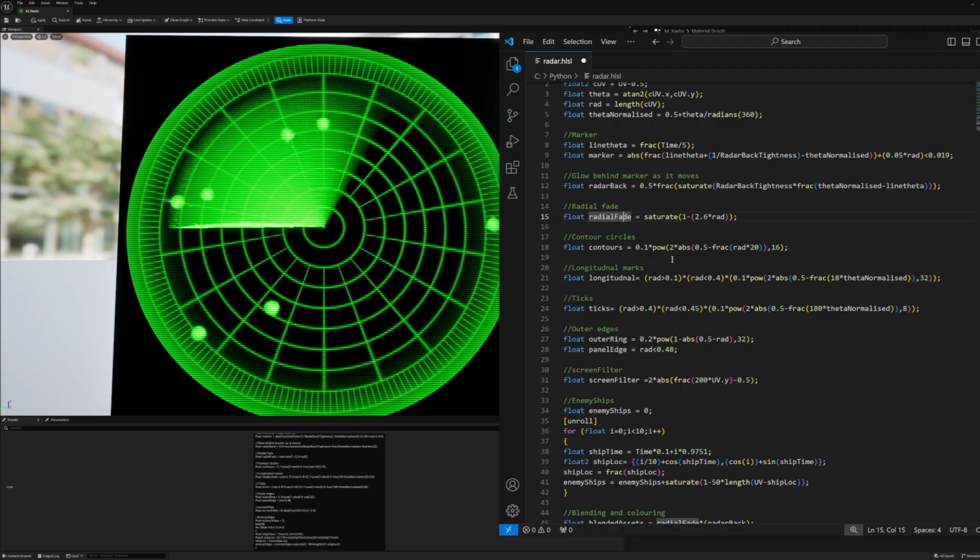So we are taking the fractional value of our radius. We are taking the absolute value then and moving stuff around so we get a sawtooth pattern instead of a sort of factory roof situation, and then we are using some powers there to shape those curves. So instead of getting a zigzag gradient, we get a sudden drawing of a line as we move away in that distance. So at every increment, which is set here, 0.1, we get